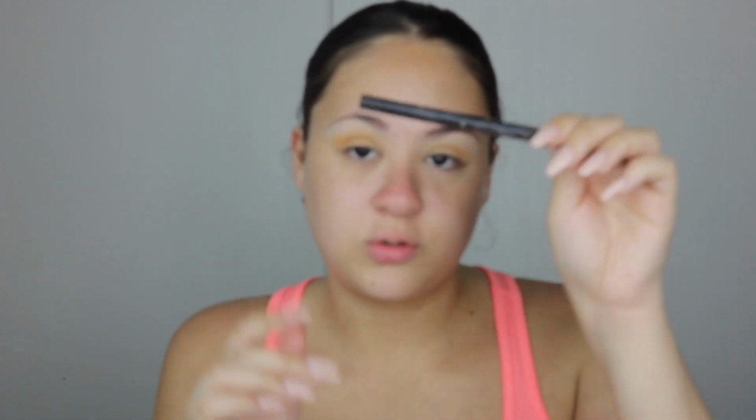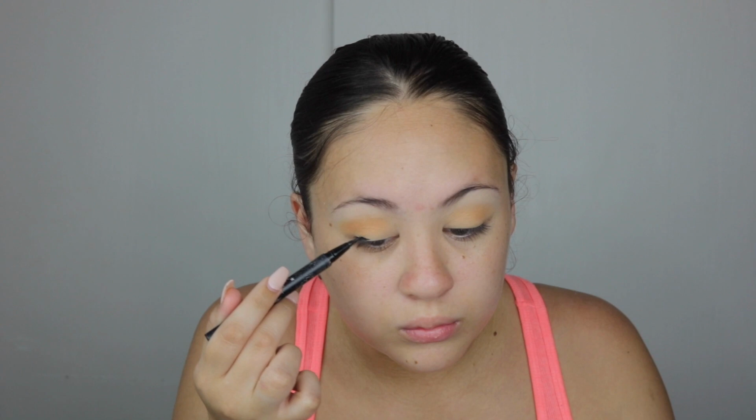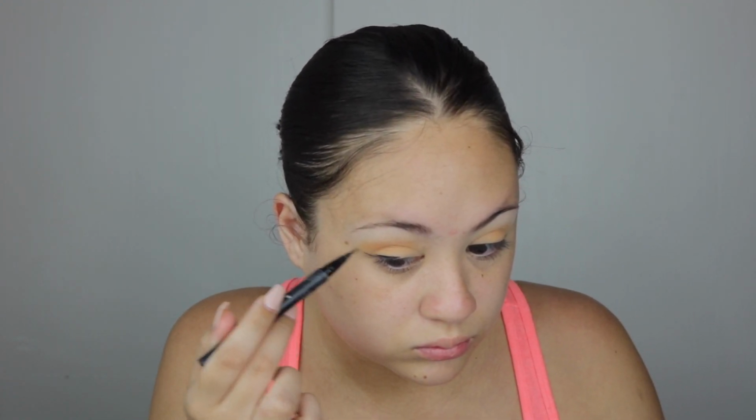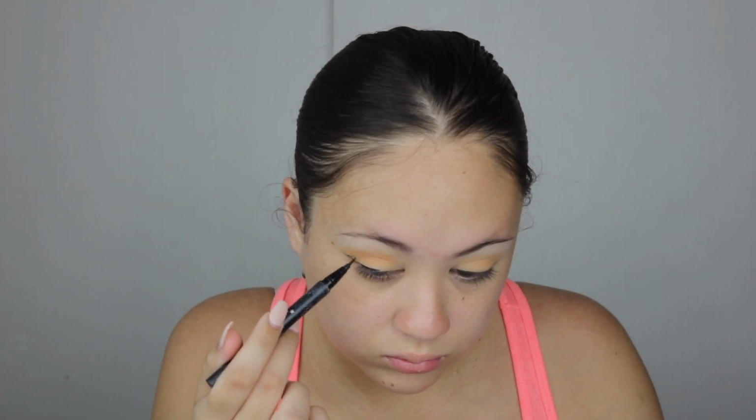the Kat Von D Tattoo Liner, my all-time favorite liner ever. It's just so long-lasting and doesn't smudge or anything. It's like 24 hour, it's great. So, alright, so that's how I like my liner, and now